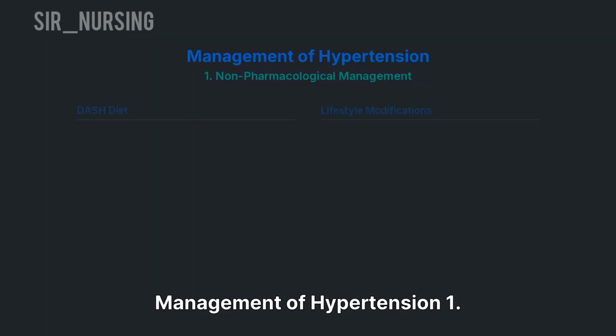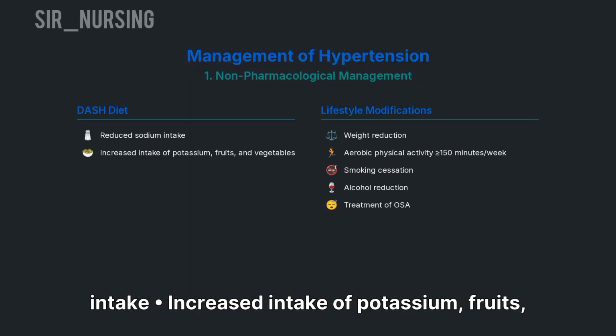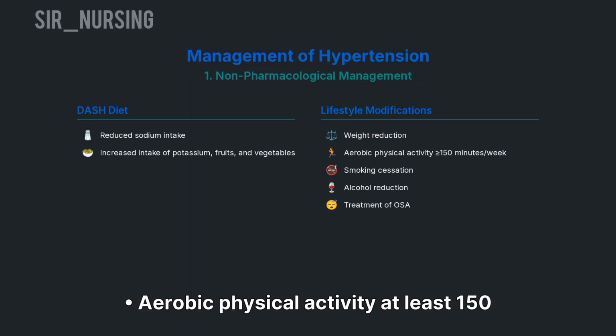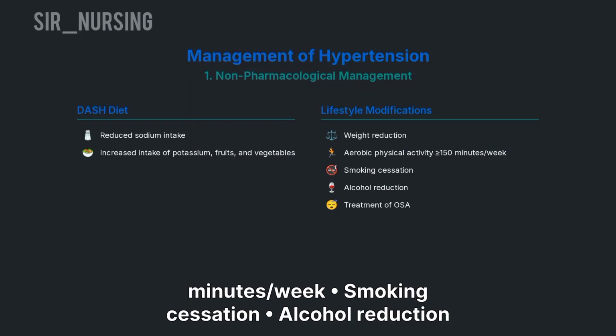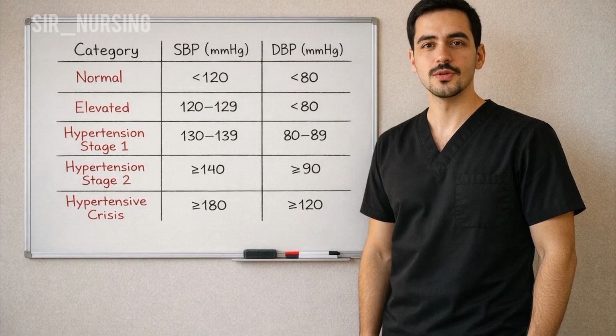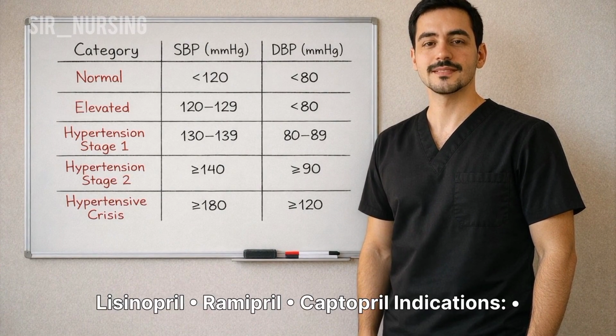Management of hypertension. 1. Non-pharmacological management. Diet: reduced sodium intake, increased intake of potassium, fruits and vegetables. Lifestyle modifications: weight reduction, aerobic physical activity at least 150 minutes a week, smoking cessation, alcohol reduction, treatment of OSA. 2. Pharmacological management. ACE inhibitors: enalapril, lisinopril,